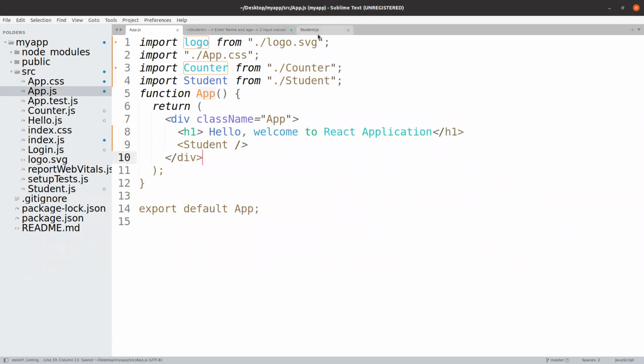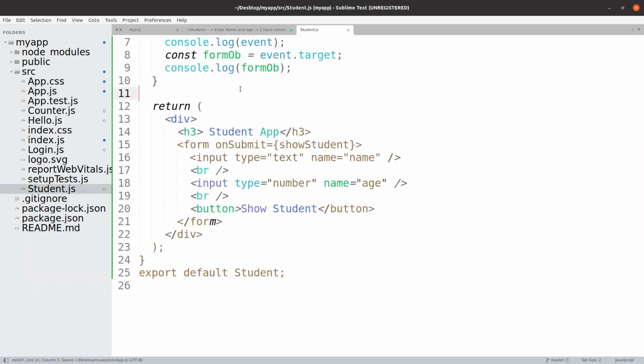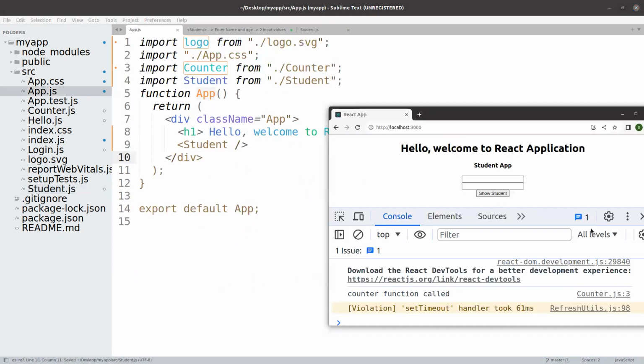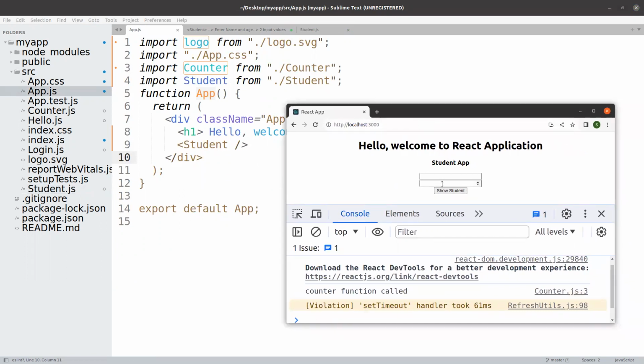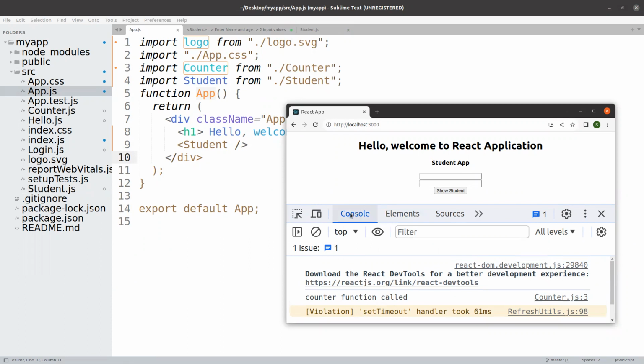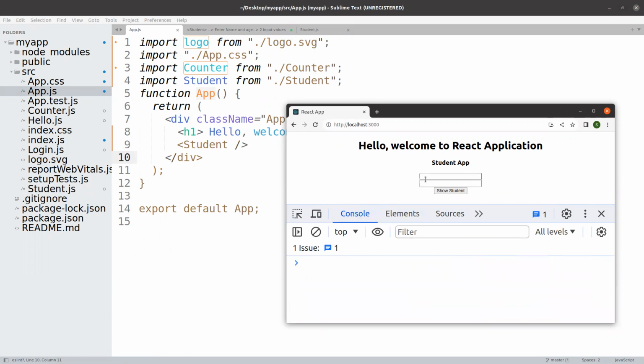Let me save my file also. Yes, and we are able to see the form, as you can see here. Now, next thing, we also need to verify whether my form is working. So I will write some student name, maybe John Smith, and the age, let us say 22. And if I click on show student,